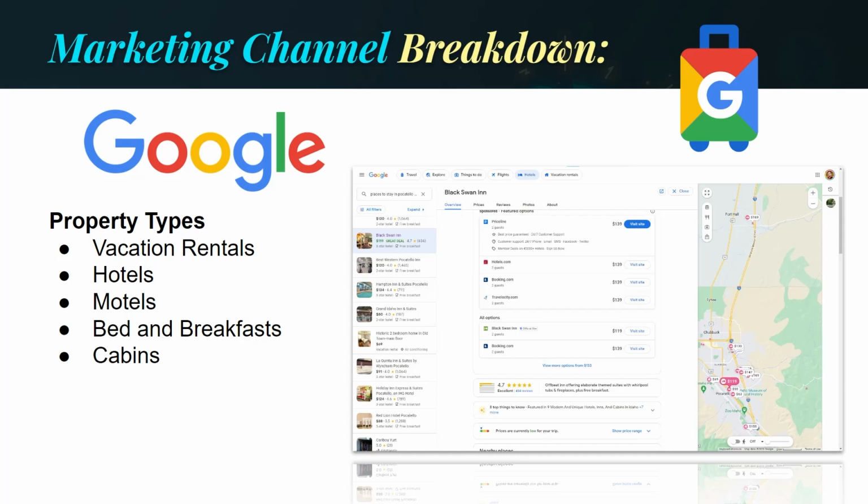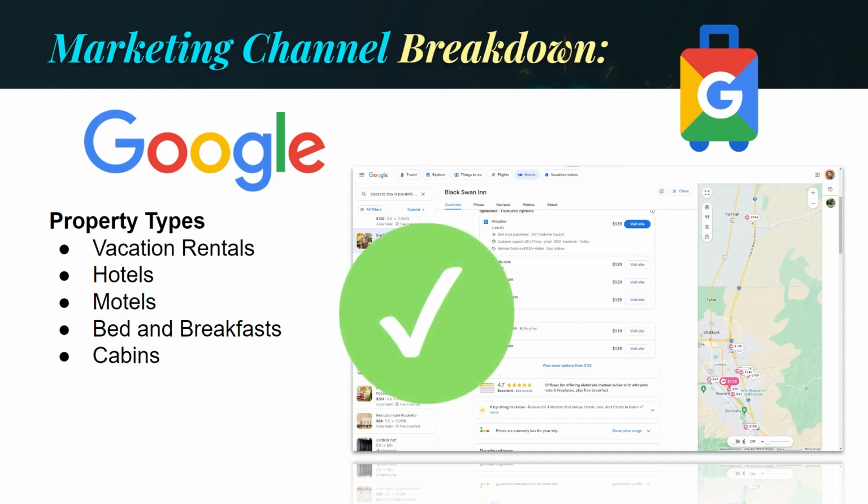So with Google Travel, the main thing you want to do is get your free direct booking link set up. So the guests have an option to book with you directly instead of with the OTAs. If they do book with you in this way, well, of course, Google gets the green check mark because since they're booking with you directly, you'll be able to collect their information as normal. So I'm going to quickly show how you can get set up with that free direct booking link from Google Travel.